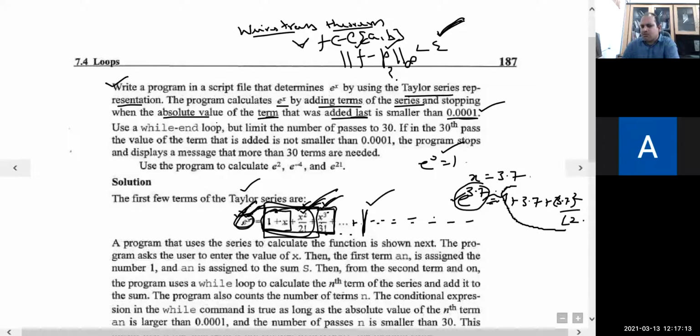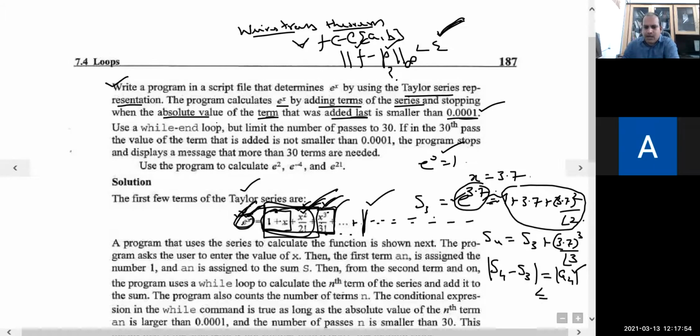Now suppose this sum, let me call this sum S, and how many terms have we taken? 3 terms, so S3. Now S4 will be the sum of the first 4 terms. So in this S3, let me add the next term, x cubed by factorial 3, I mean 3.7 raised to the power 3 by factorial 3. So this S4 minus S3, the sum of 4 terms minus the sum of 3 terms, will be your A4, the 4th term. So if the absolute value of this error is less than or equal to, say,